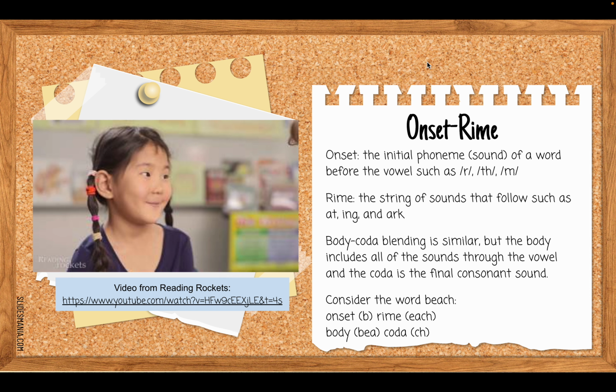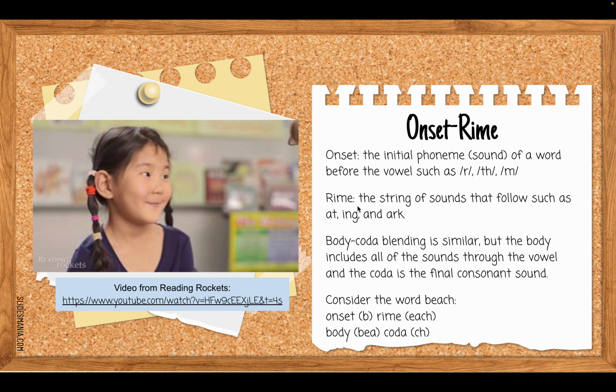Right, so onset and rhyme. As we work on onset and rhyme, we're preparing students to eventually be working with individual phonemes, moving beyond just syllables and looking at the initial phoneme or initial sound of words. So the onset is going to be that initial sound, whereas the rhyme is the string of sounds that follow